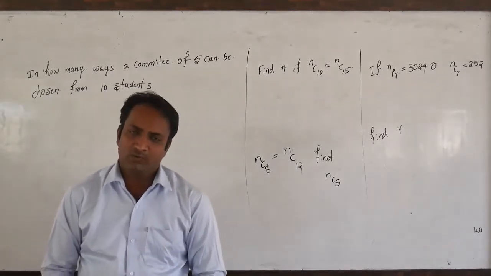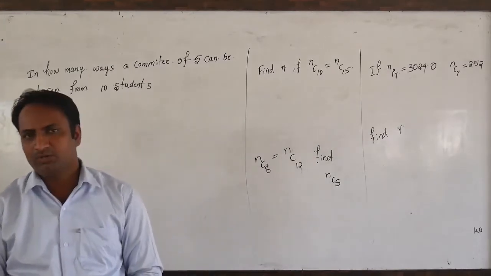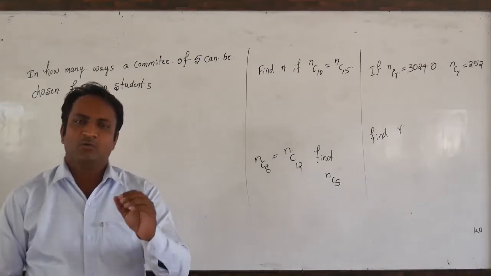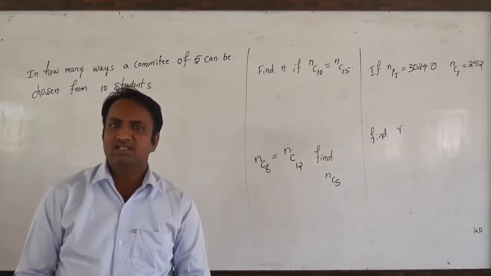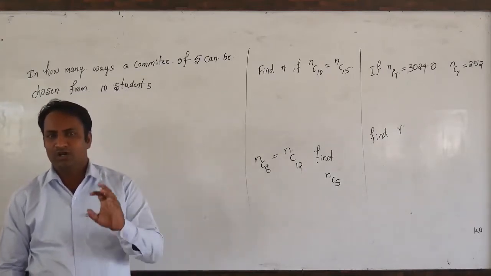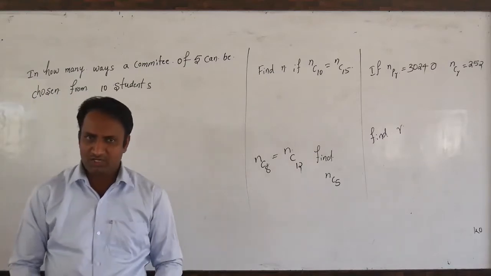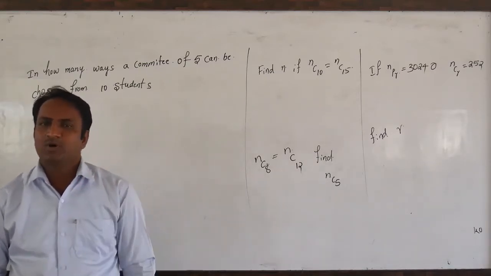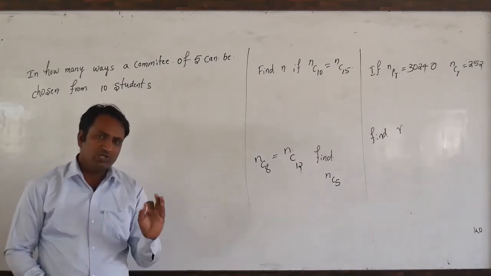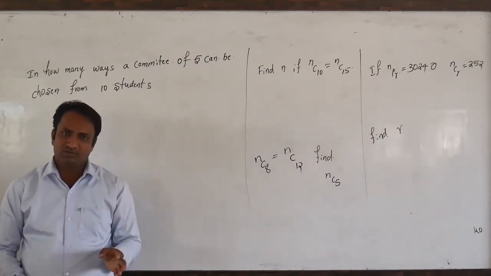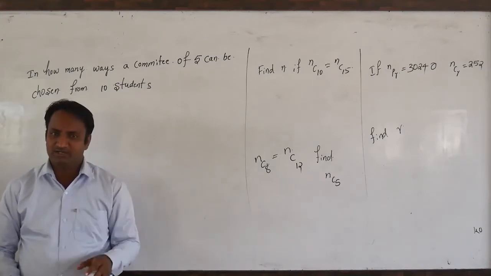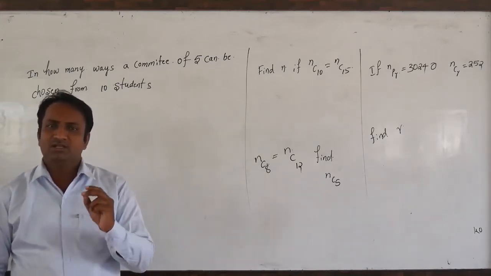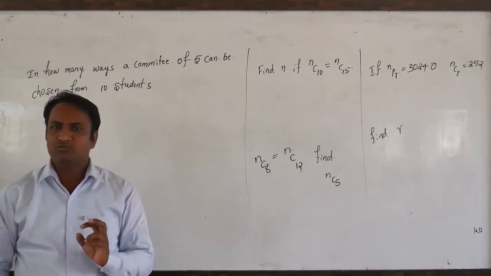In previous classes we completed the study of permutation. Permutation is the arrangement of numbers in different ways. Permutation means arrangement. Here, for arrangement, we can choose one important formula, that is